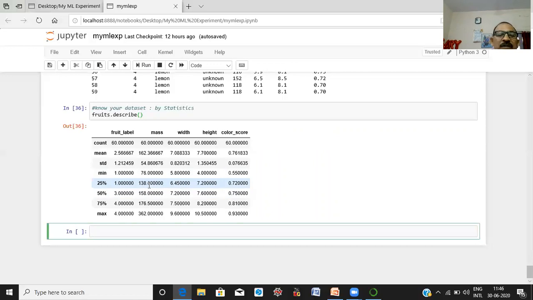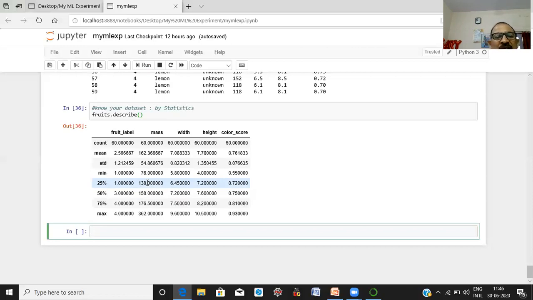This is the meaning of the 25th percentile. Is it clear? Means this 138 divides your data set into two parts. The first part contains 25% of your data set with weight less than 138, and the other part contains the 75% of your data set having values greater than 138.